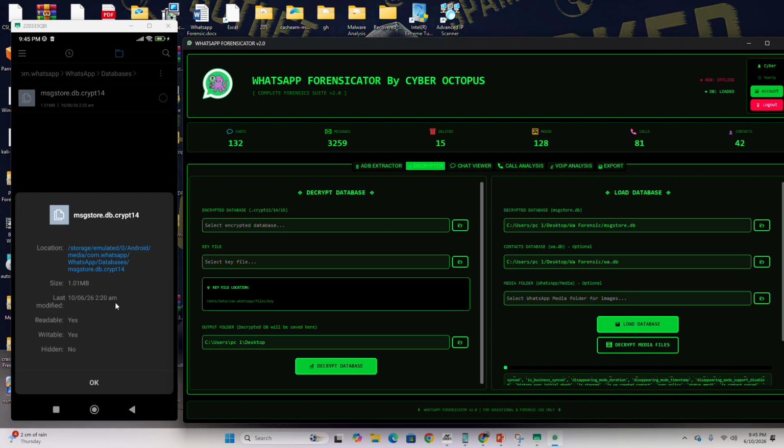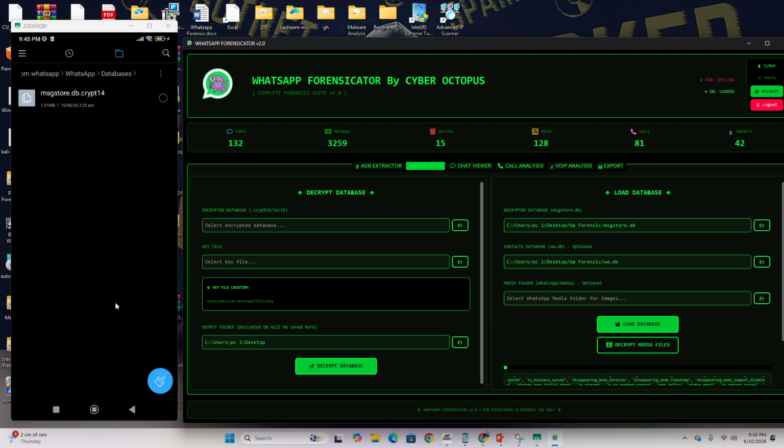If the local backup has not been updated, then deleted chats may still exist inside the database backup. This is why backup analysis becomes very valuable during forensic examinations.